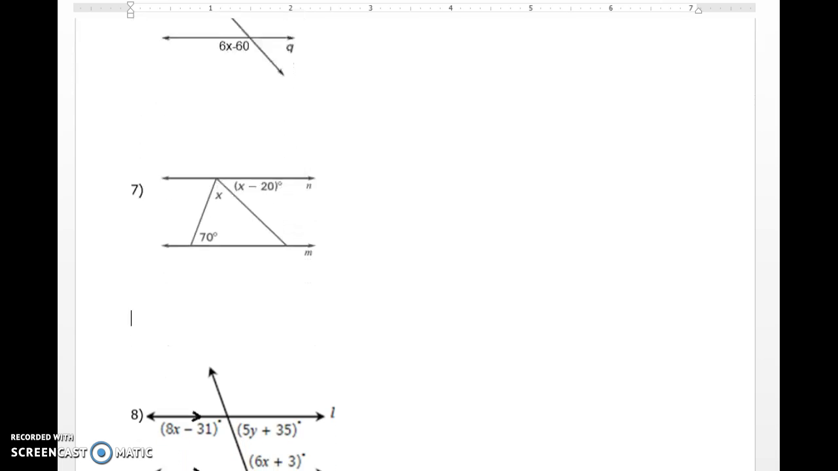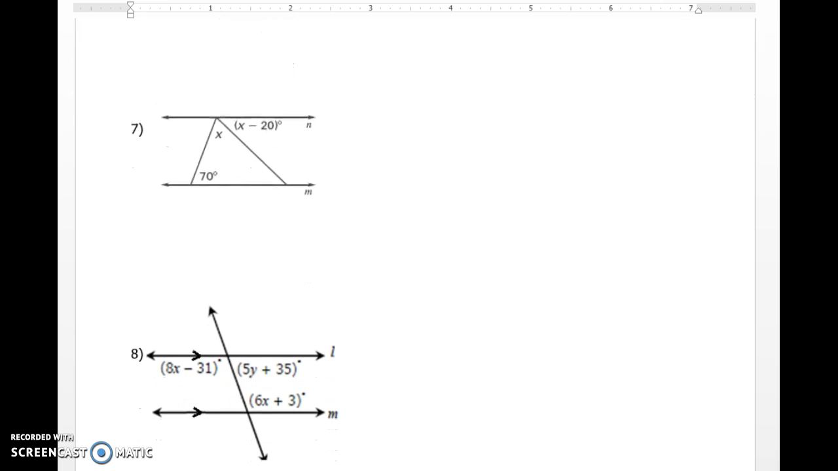Let's move to number 7. So number 7 is what trips a lot of students up. So here, notice that there are actually two transversals. There's a transversal going diagonal to the right, and then another one going diagonally to the left. So let's just focus on one of the transversals. So you can do this problem a few different ways, but if you focus on this transversal here,